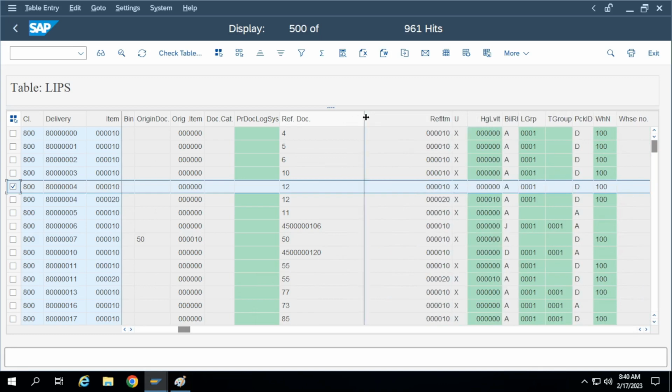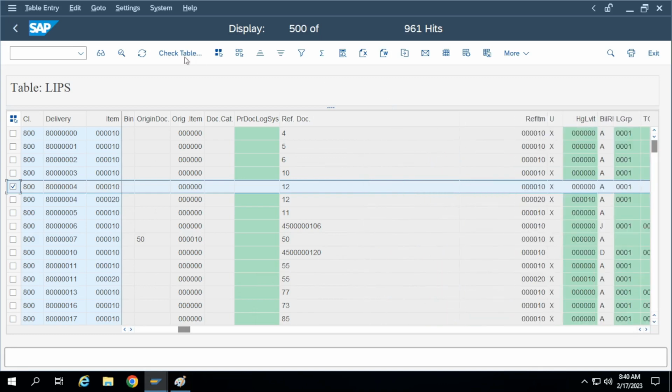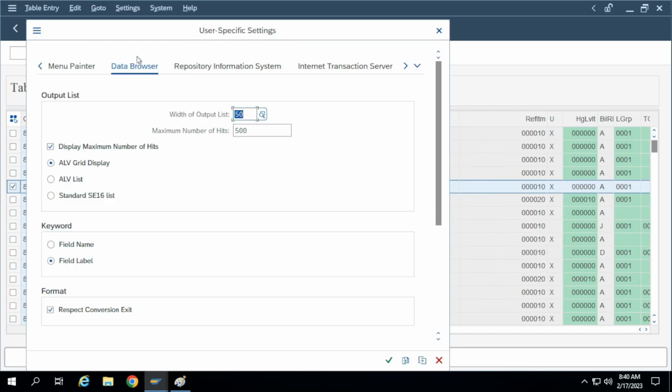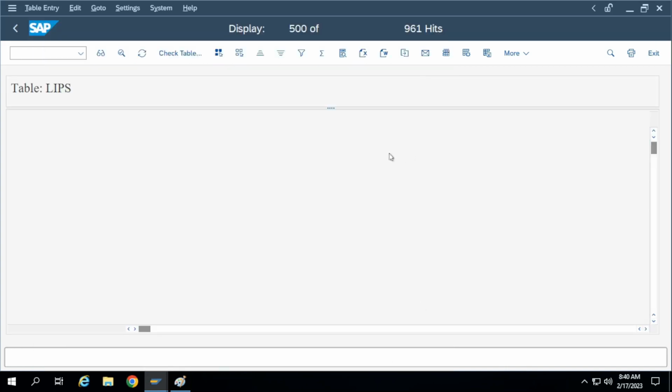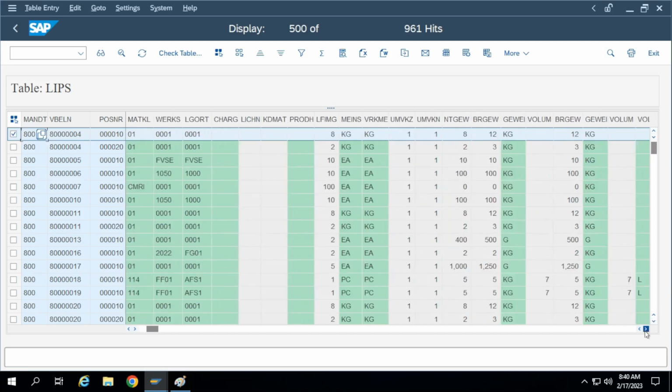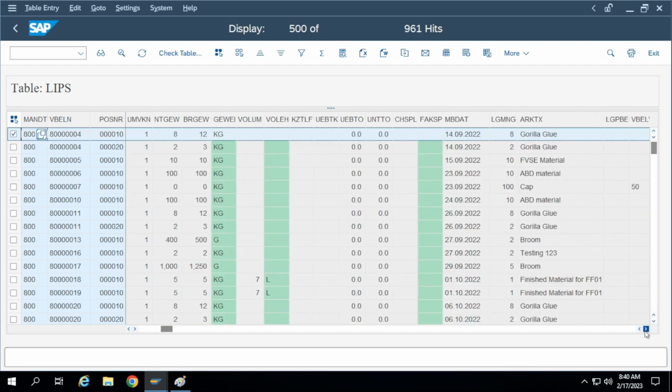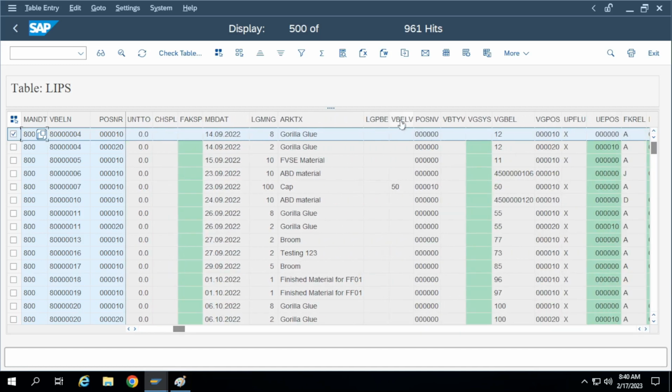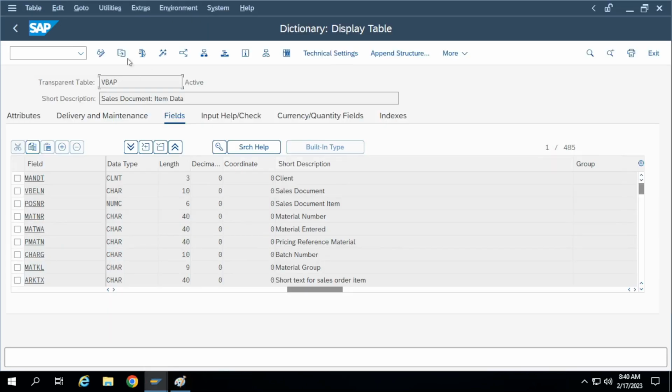Is this the one? Go to settings, user parameters. Instead of field labels, we'll use field names, technical field names. VGBEL, VGPOS, right? Let's take this one sales order number, copy this sales order number and go to VBAP table,